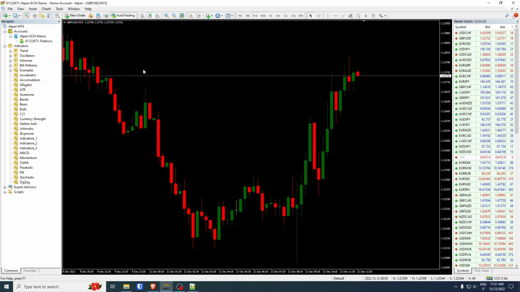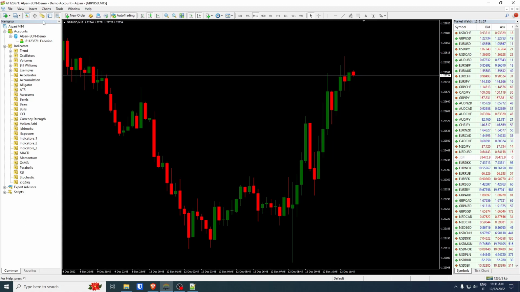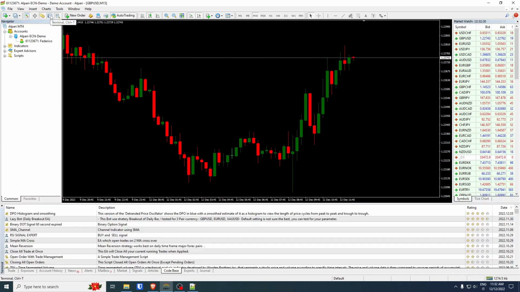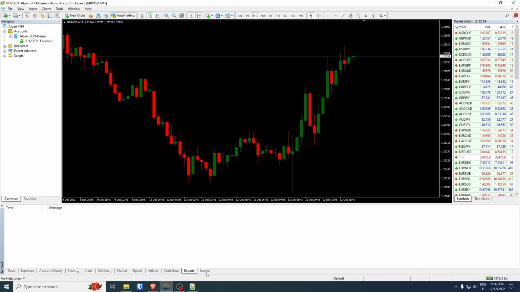How does this trading platform work? So we got the navigator here on the left. This is where we have our indicators and expert advisors. If you click here, you will open the terminal. Here you have everything you need for